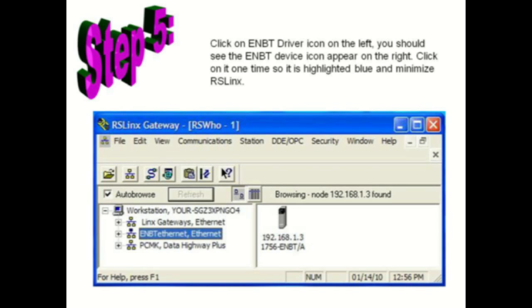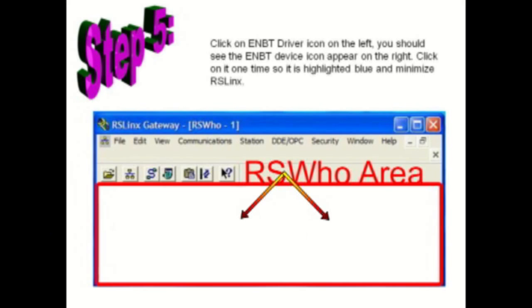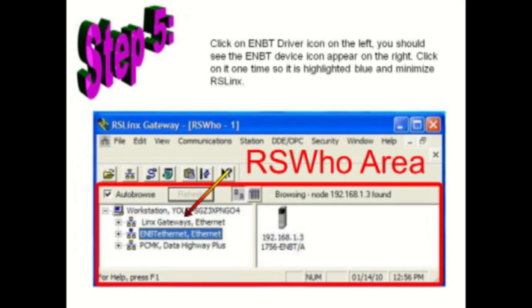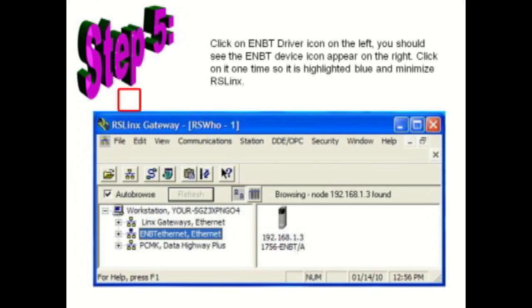In the RSLinx window, you should see the new ENBT Ethernet driver on your left-hand side. If you don't see that in what's called the RSWho area of the RSLinx gateway, click on the RSWho icon. Call up this RSWho window, and on the left you should see your drivers, and on the right your devices. And on the left, when you click on the icons that will be blinking on and off for the ENBT Ethernet driver, then over on the right you should see your IP address with your ENBT